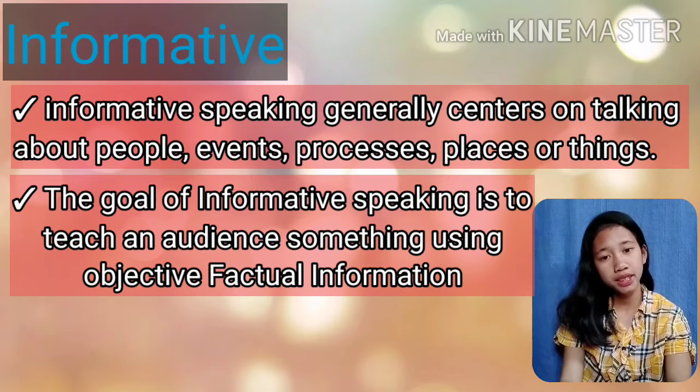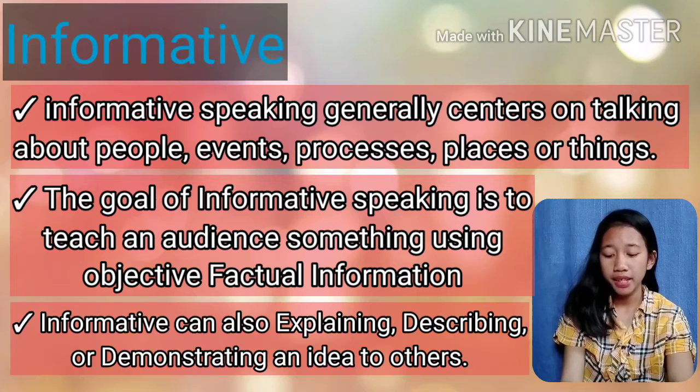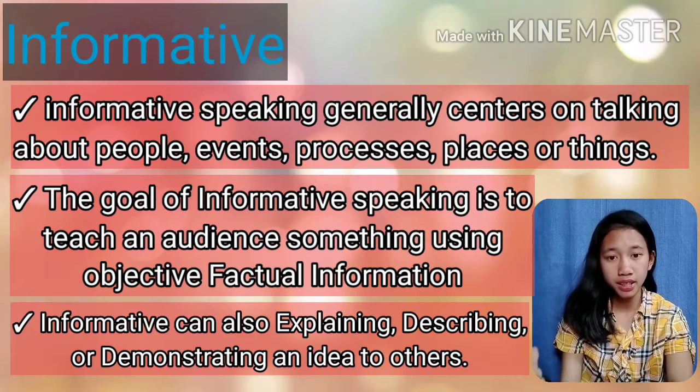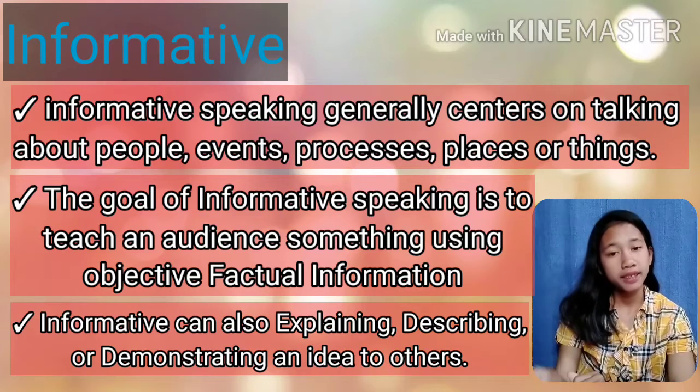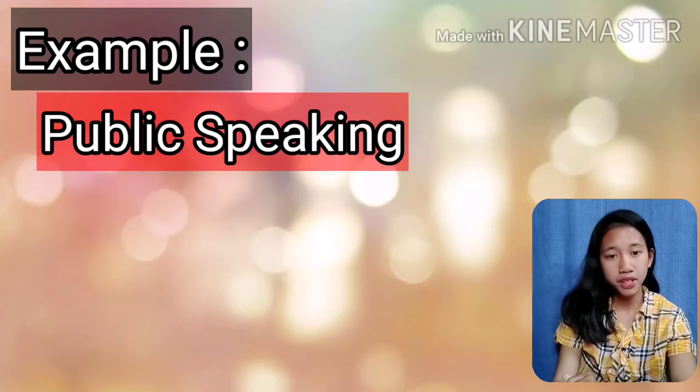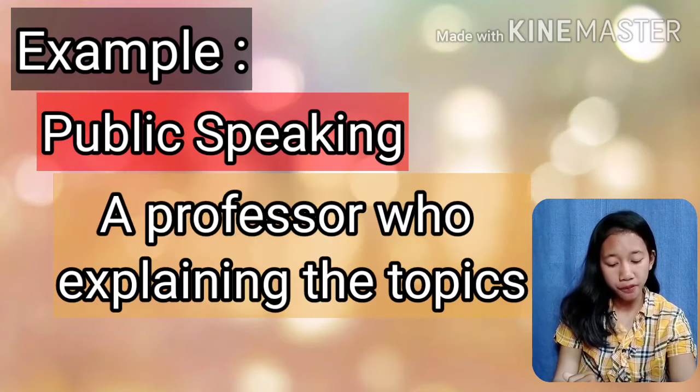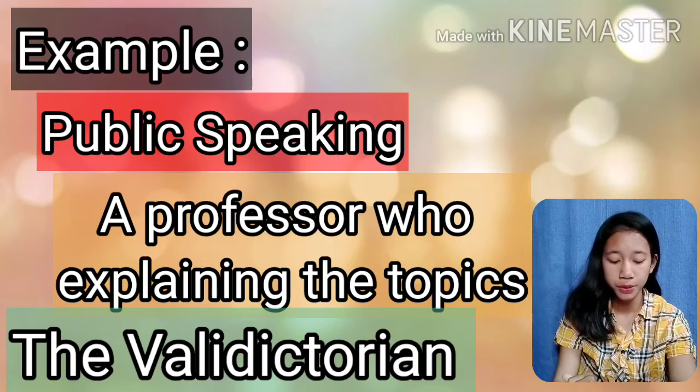And the root word is fact. Informative can also be explaining, describing, or demonstrating an idea to others. Examples are public speaking, the professor who explains the topics, and also the valedictorian who speaks in front